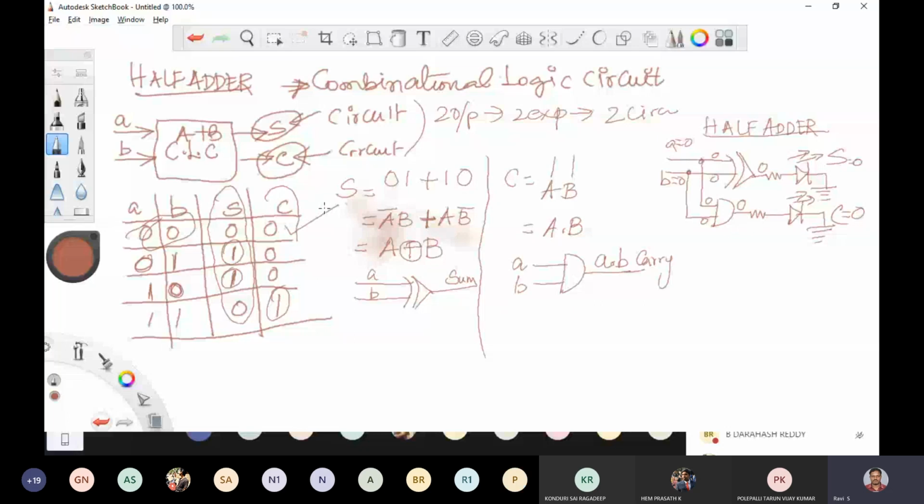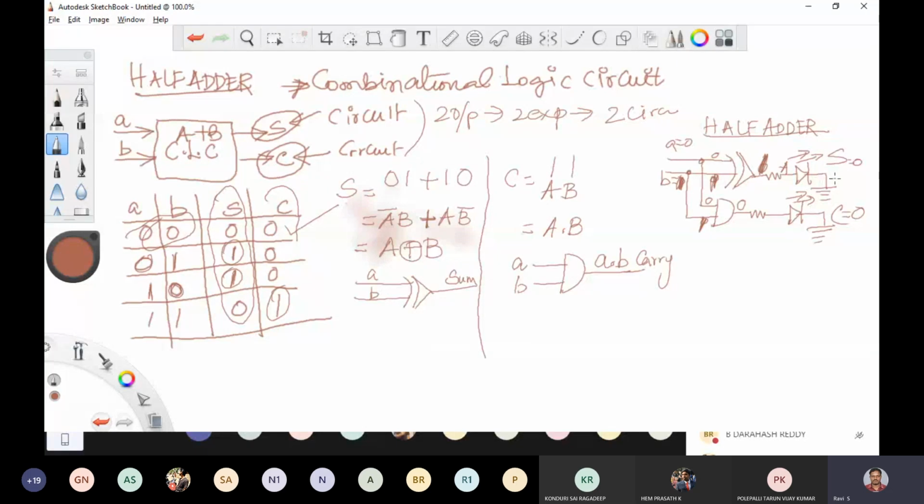Any doubt? No, sir. Now I'm applying A is equal to 0, B is equal to 1. So A is equal to 0, B is equal to 1 is applied to exclusive OR as well as AND. Now XOR takes different inputs, so immediately XOR will tell you the output as 1, max voltage. Now the max voltage is connected to the anode of the LED, so immediately the LED glows.